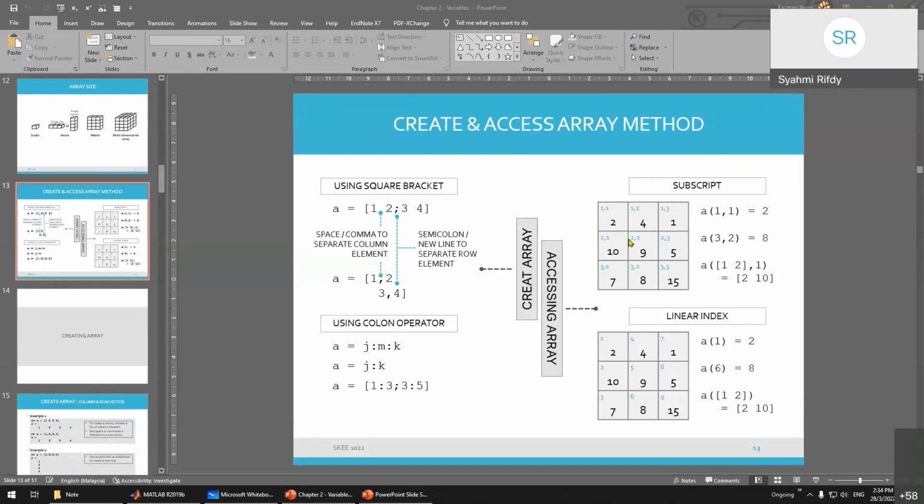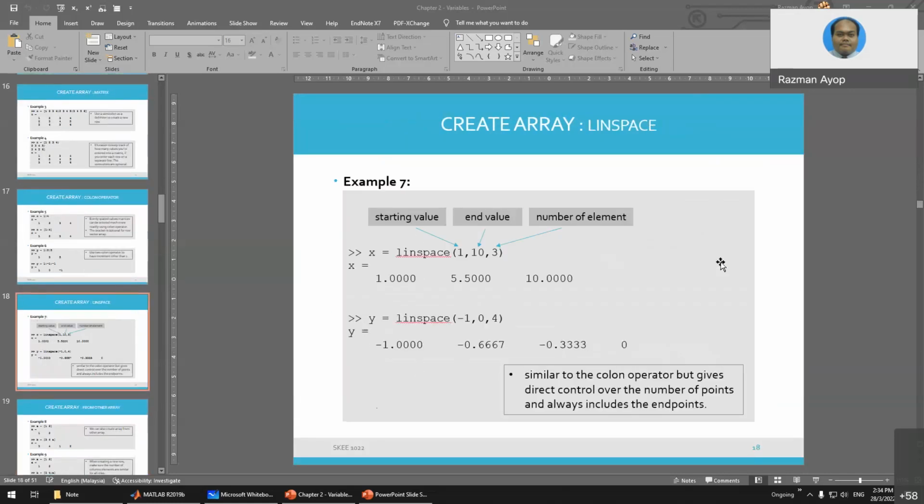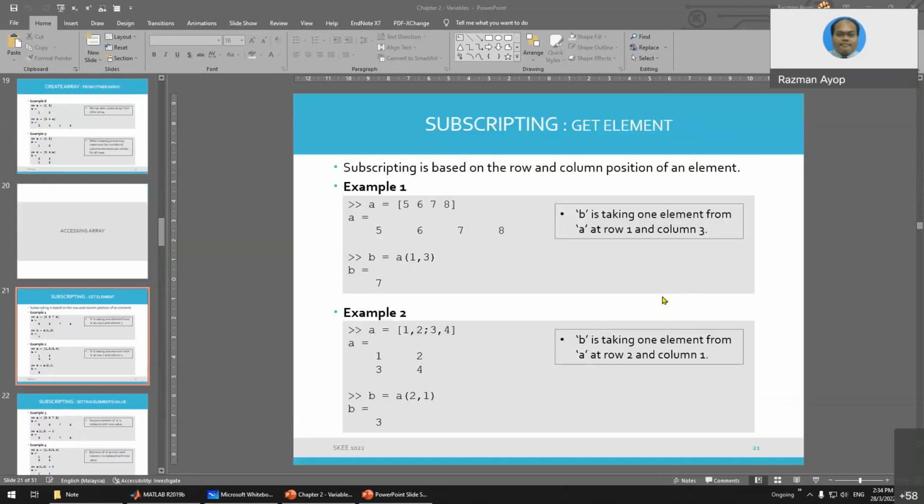Good, good. So we continue with how to access the array. I will show you two ways to access the array, either using subscript or linear index. So first, let's try accessing using subscript. So for example here,